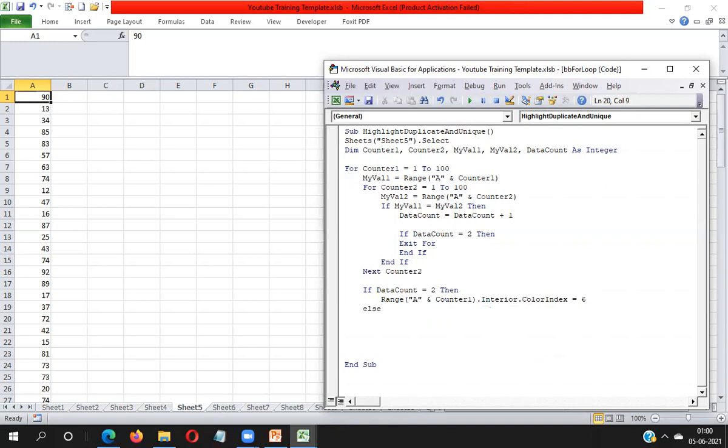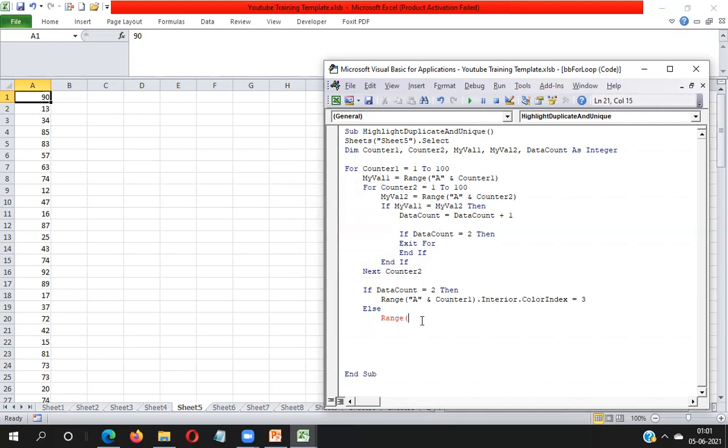Else means only unique. So I need to write here range, I can write here greater than or equal to 2, but here I'm exiting this For loop after my data count becomes 2. That's why I have written here data count equal to 2 means duplicate. For duplicate I have taken green color. Sorry, I need to take red color, so I'm going to write here 3.